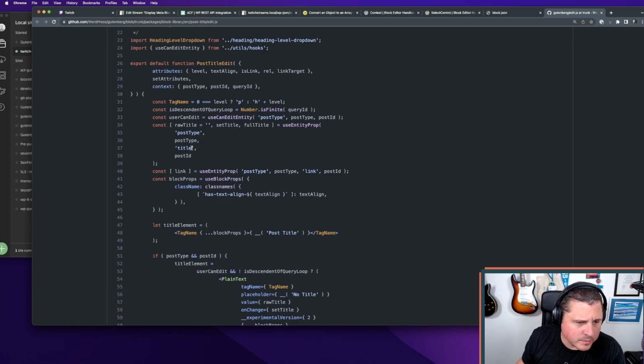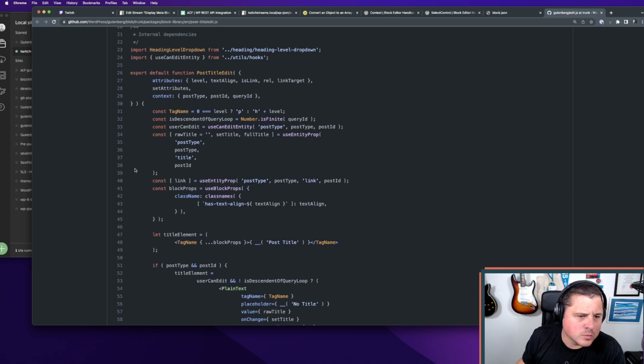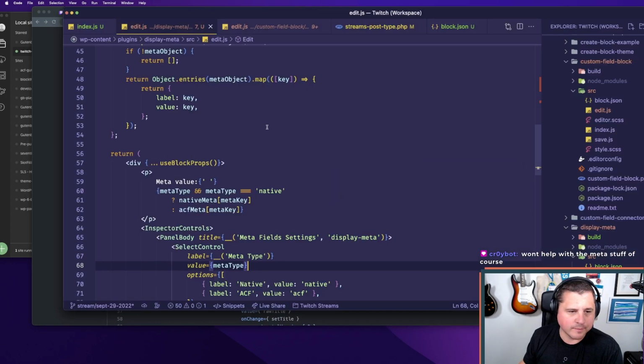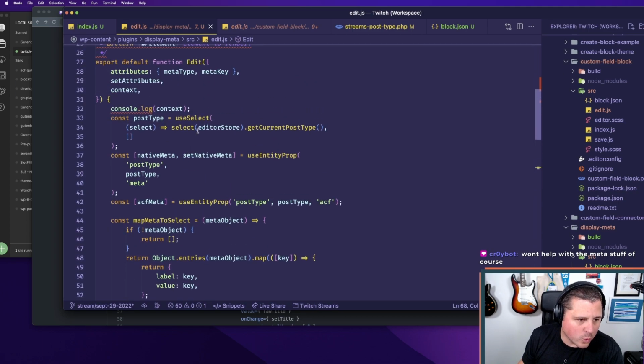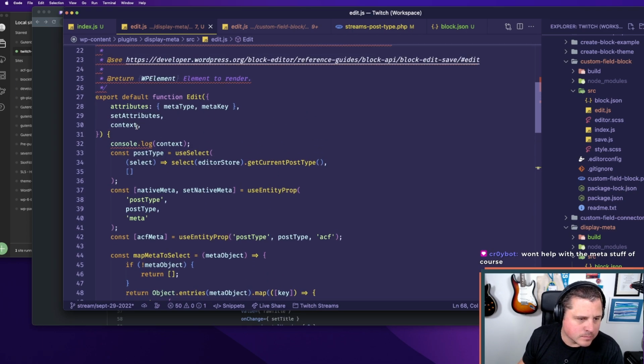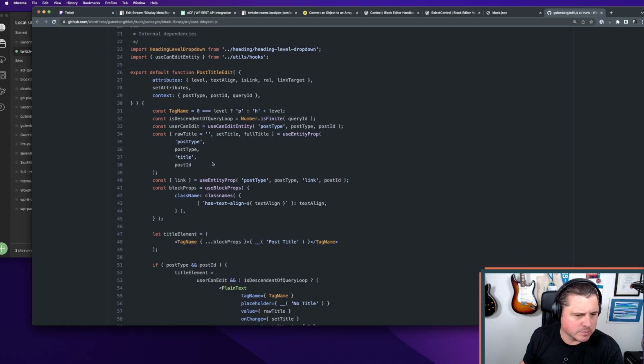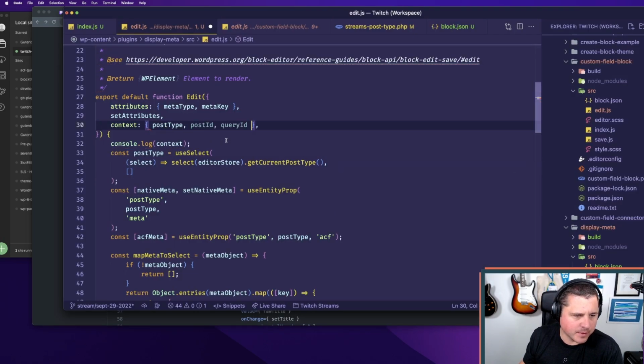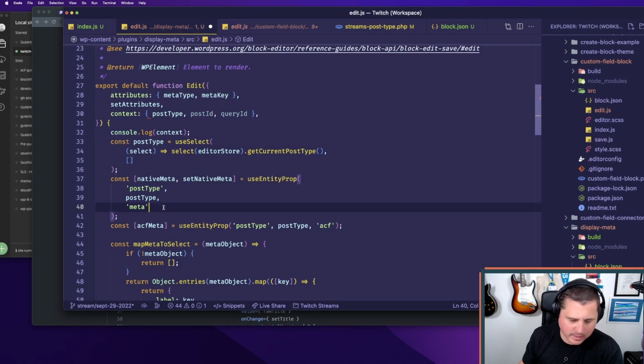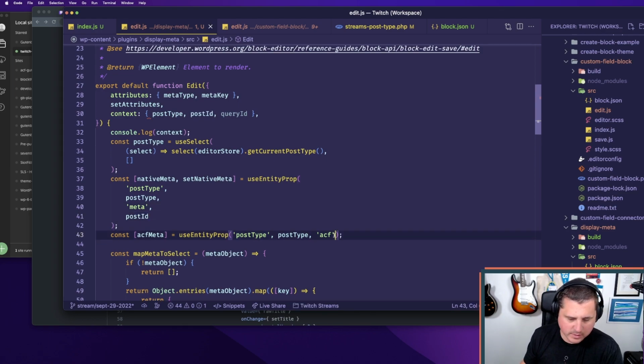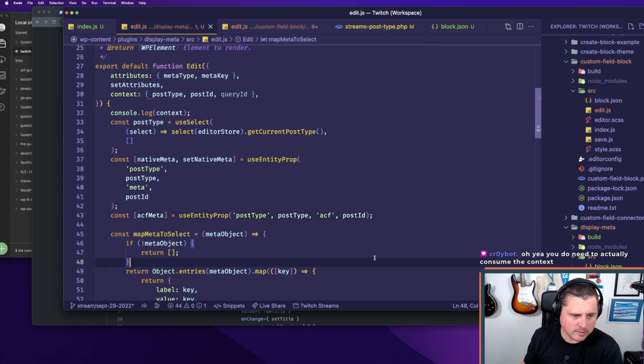And useEntityProp, post type, post ID. Ah, okay. I think that's the thing I was missing. I think I need to put the post ID at the end. So I'm going to do that. Let's put this in right. Wait, hold on. So it's always going to be a post ID. Let's put those in. Let's do this exact thing. And then if I put the post ID at the end of this, right? And then also at the end of this, this should, I think,